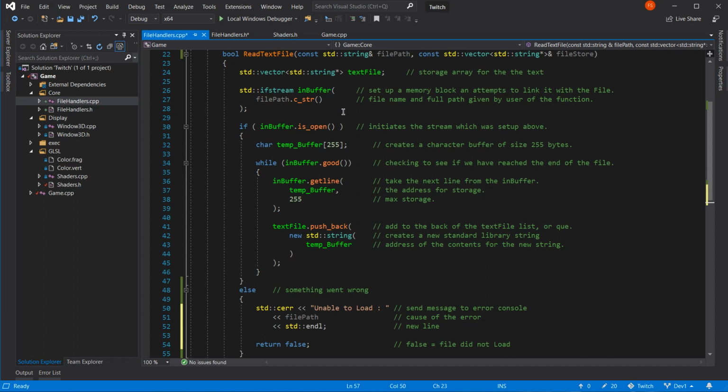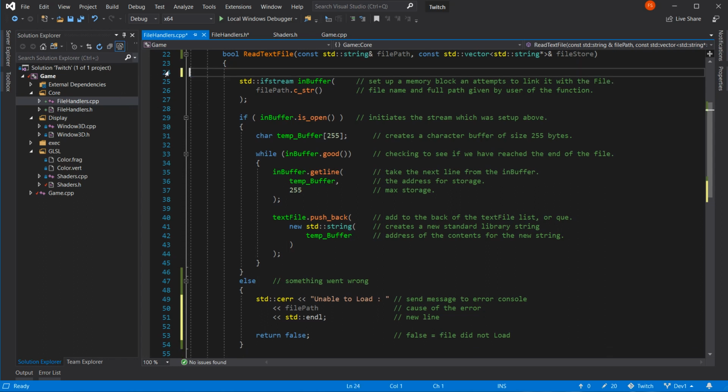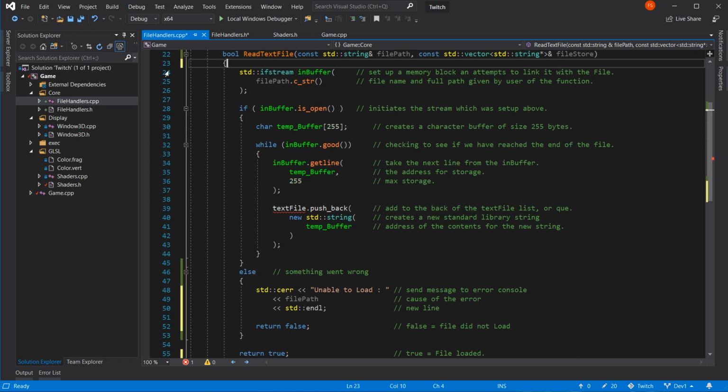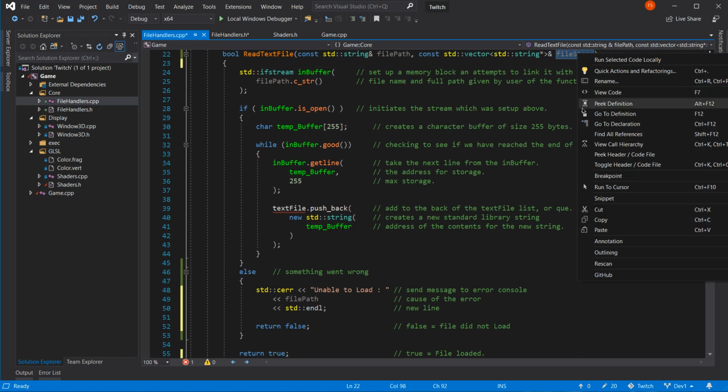So when it comes down here, you don't really need this text file anymore, because what you've got is this file store. So that disappears like that, and text file is now that one there.